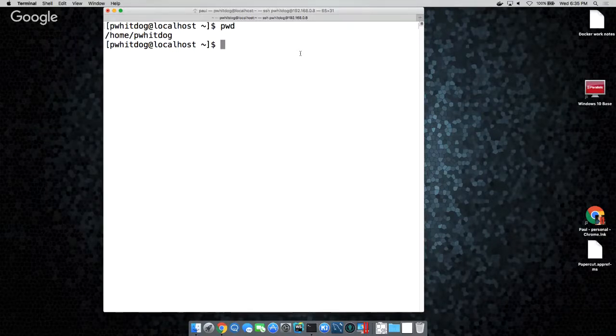So the first thing he talks about is pwd, print the working directory. So print working directory, right, is going to show you where you are in the file system. So he's just logged in and he's inside his user directory. So it just tells him where he's at. Slashes go the other direction. /home/pwitdog, which is the same as tilde. I think they mentioned that in there, right? And that's why it has the cd to tilde. It's a special character in the shell. It will take you to your home directory.